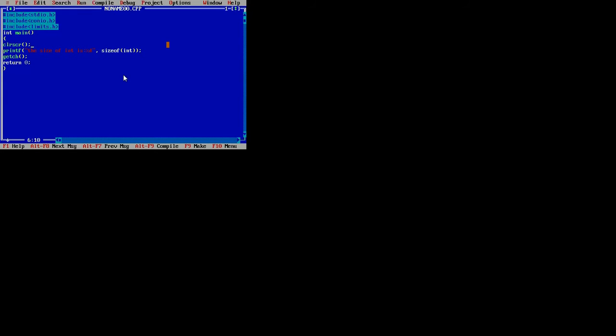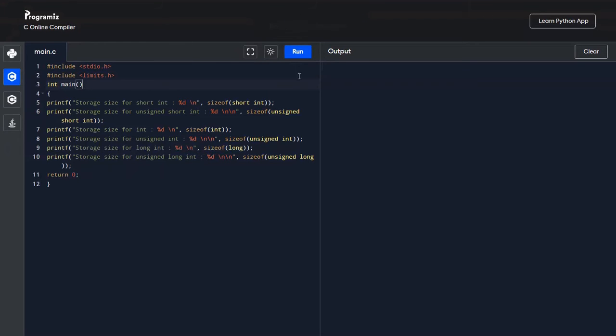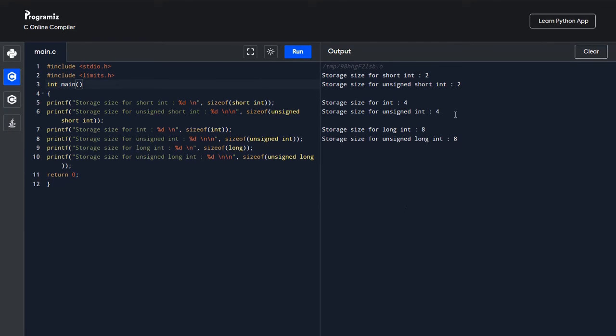Now let me use another compiler. Now I'm going to run this program. As you can see, the size of int here is 4 bytes. So I hope you understood that the memory allocation of a data type depends on its compiler.